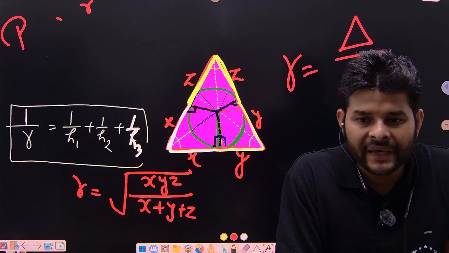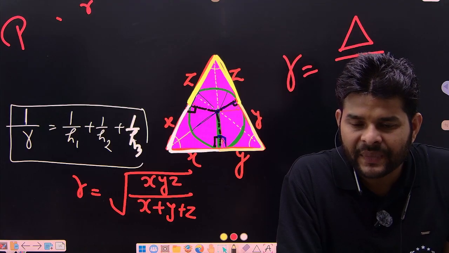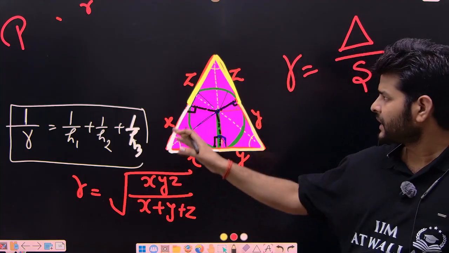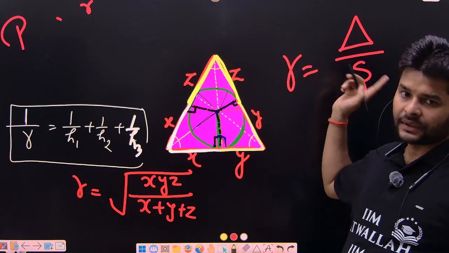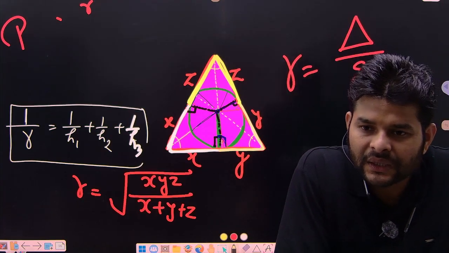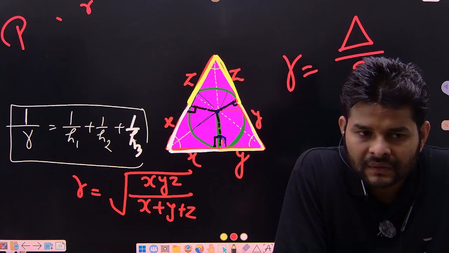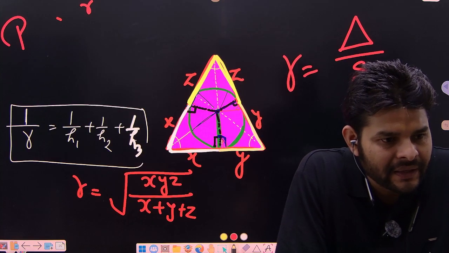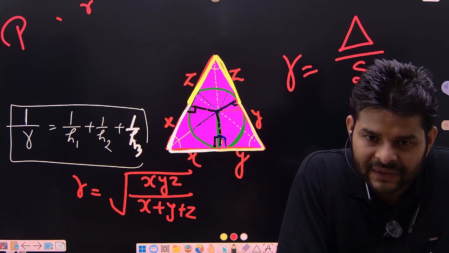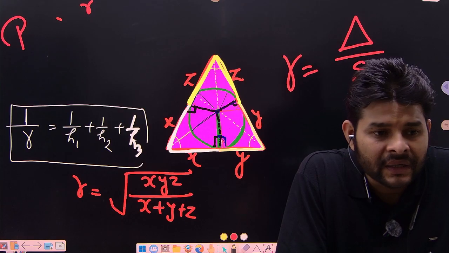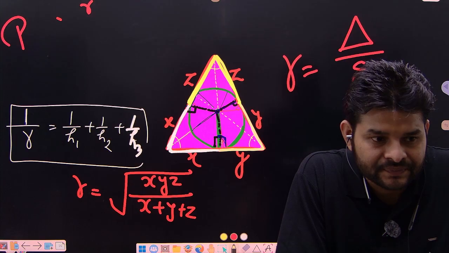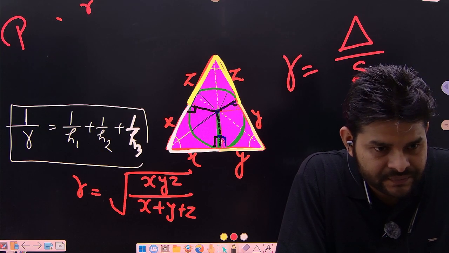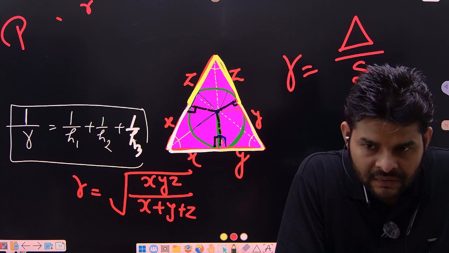So we can find the incircle radius by using three formulas, and these are first, second, and third. If we have been given what? Perimeter and area, we can apply the first one. If we have been given the length of the perpendicular, we can apply the second one. And if we have been given the distance from the vertex to the touching point, we can use the third one. Got it?